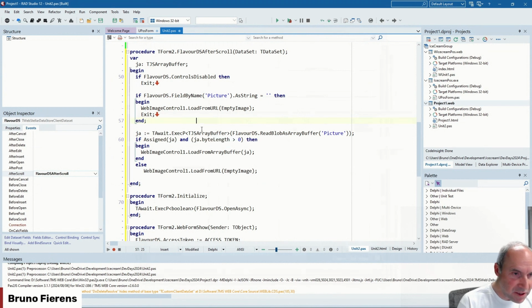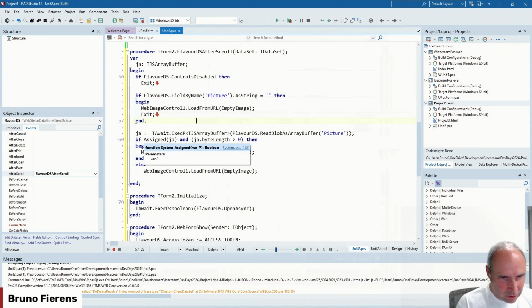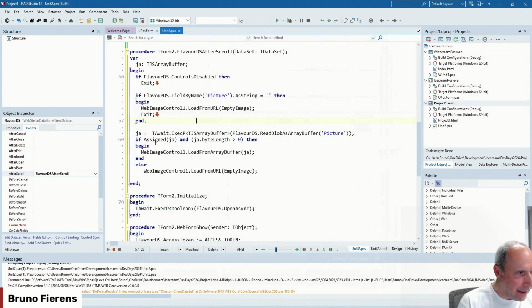And this is obviously an asynchronous call. So I will wait using the await construct to wait for that data to come back. And here I'm testing if the response is actually a valid array buffer, and if the size of that buffer is larger than 0. In that case, I will load my picture from the array buffer. In the other case, and that's better without a space there for the formatting, then I assign again this empty